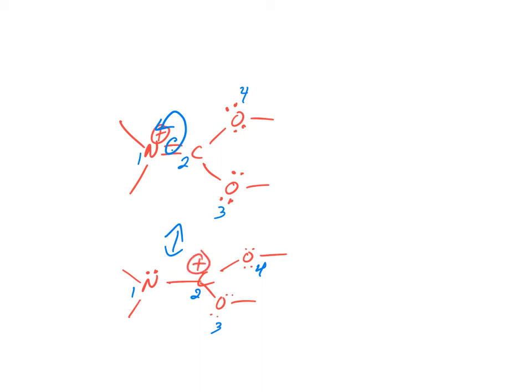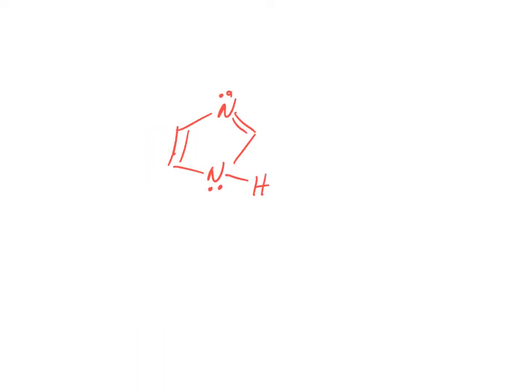And then you're absolutely right. Then you have 2 more resonance structures where the lone pair from oxygen 4 could come here, or the lone pair from oxygen 3 could go there. So I think that's what they're looking for. So this is called an imidazole. The question I have for you